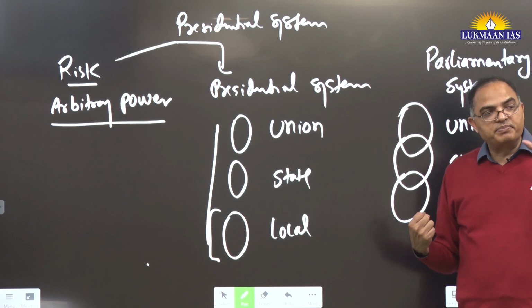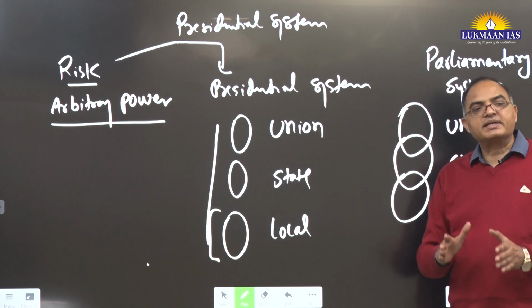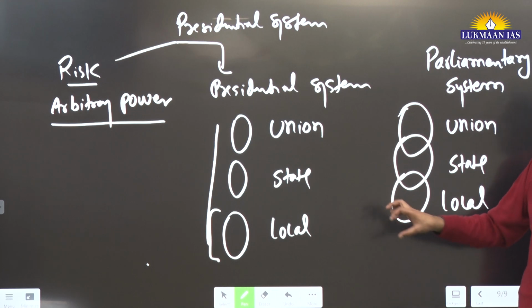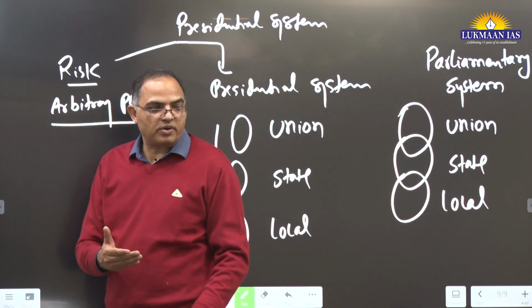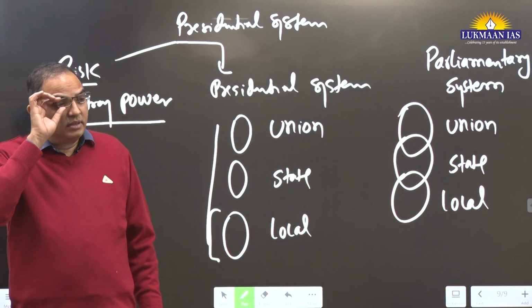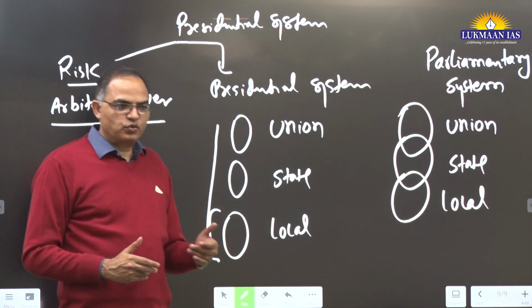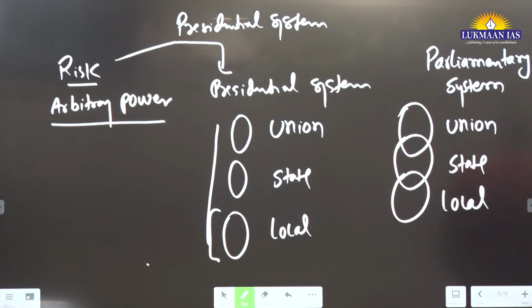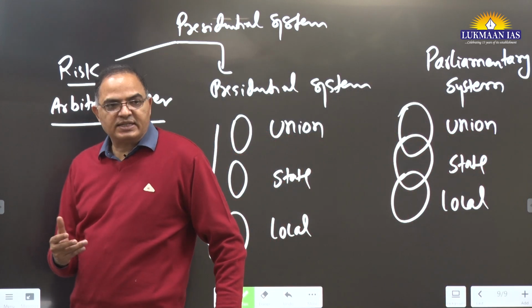Can we bring some reforms in parliamentary functioning? Can we bring reforms in executive functioning? So basically we will suggest some reforms to make it better, make it responsible, and incorporate some characteristics of the presidential system. That is how we have to talk, right? Political will, constitutional morality, constitutionalism, political culture, so many things we can consider. Are you able to understand what the debate is, and where the debate is heading?